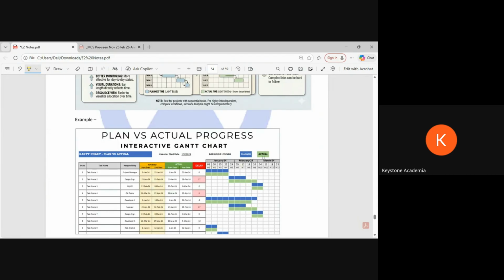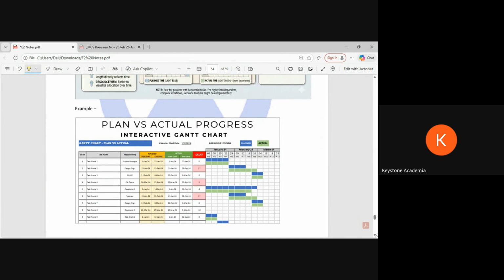Then plan versus actual progress. This is really good to keep track of what we wanted to do and what we did. There can be small discrepancies, small differences, but it's fine. If it is major, then we need to make the entire changes. But the problem is, to do the change, do we have the resources? If we're struggling with the resources, it can be another problem. And that's the reason a profitable project might become a loss making project.